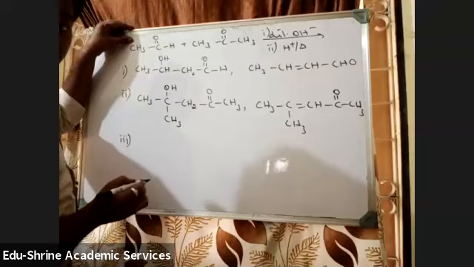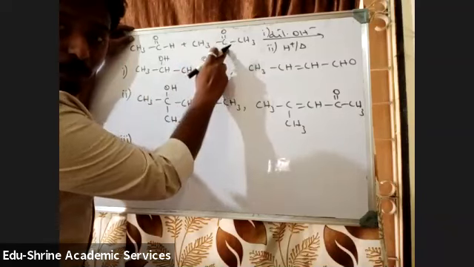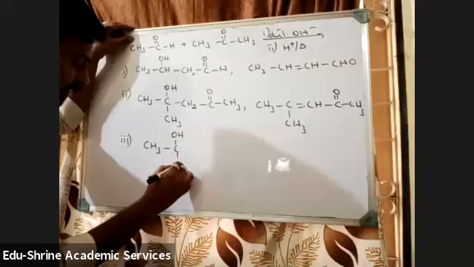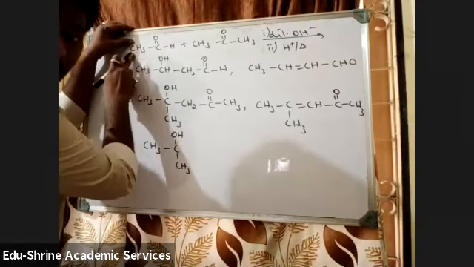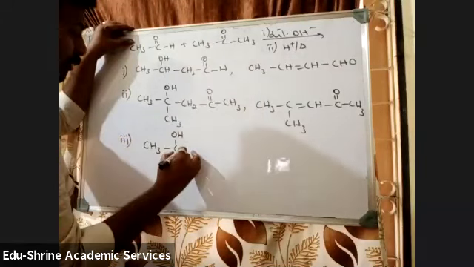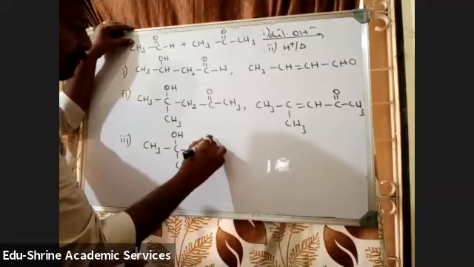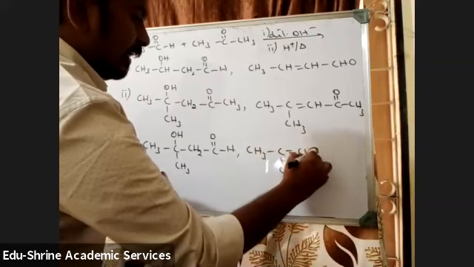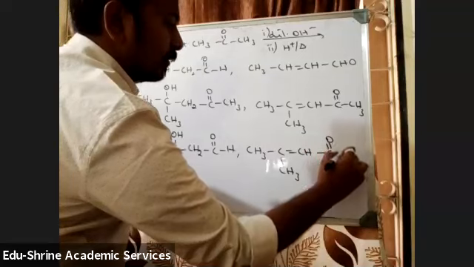This is the second product. The third one will be, I am generating a carbanion here. When I generate a carbanion here, this will be converted to OH, right? So CH3, COH, CH3. If I am getting a carbanion here, students, this will be converted to OH, and this will be attacking this carbon atom. So this CH3 will be converted to CH2, C double bond OH, and the product will be CH3, C, CH3, double bond CH, CH double bond OH.